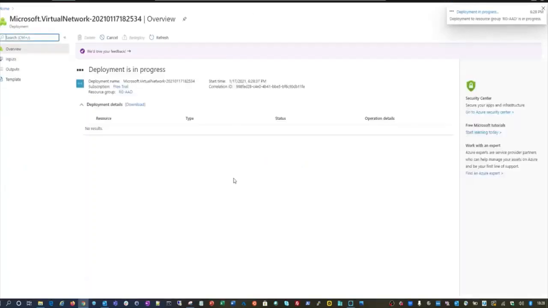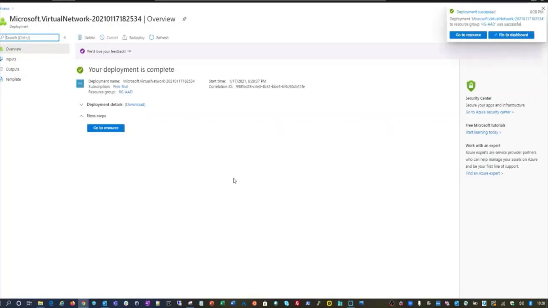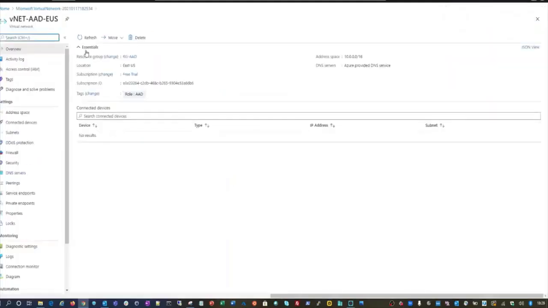So the deployment has been submitted and now it has started. Okay, as expected, it doesn't take much time. Let's go to the resources and see what we have there.